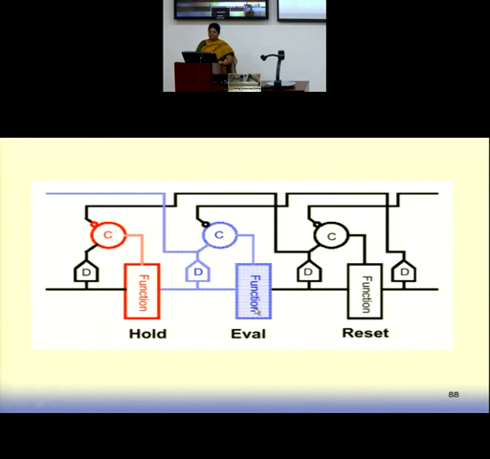Otherwise, what may happen if this evaluates earlier and data is available here, and this is still in a metastable condition, pre-charging has not finished, because data will come. As a result, my output node may evaluate, because my pre-charging is not finished. So my data has arrived earlier. As a result, the request signal, remember the footer domino? That footer domino is not completely off. So I can have a wrong value, because this must be a pre-charged value. This stage must be in a pre-charged state.